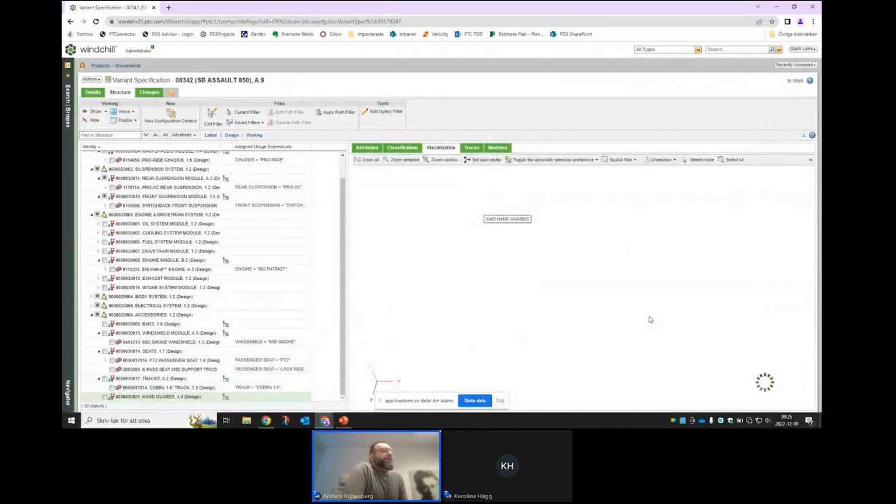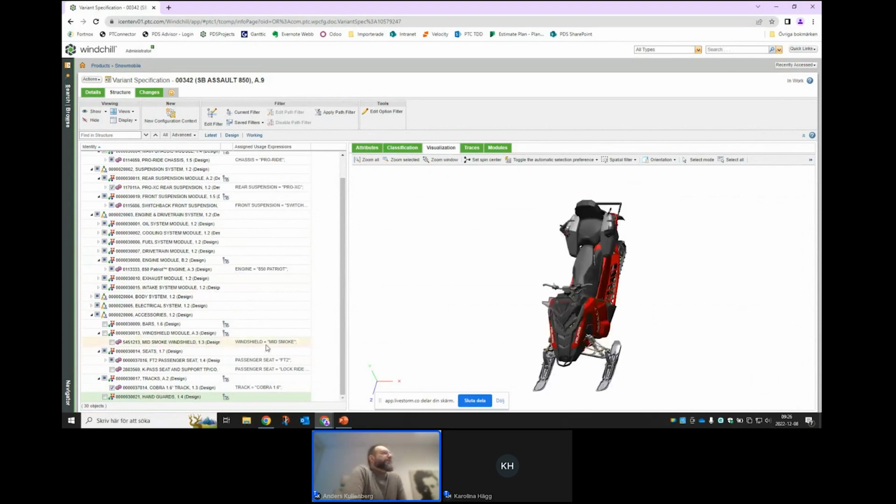So I can go back to the visualization now. So basically what I've done here, I've configured this variant completely manually without using any of the options. And that's doable. And of course, in an early stage, this gives a high level of flexibility compared to being forced to define all your different